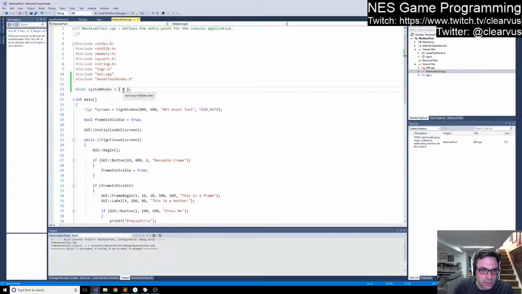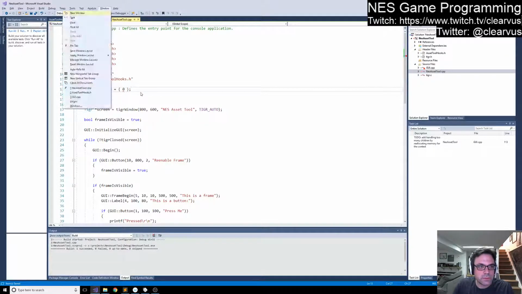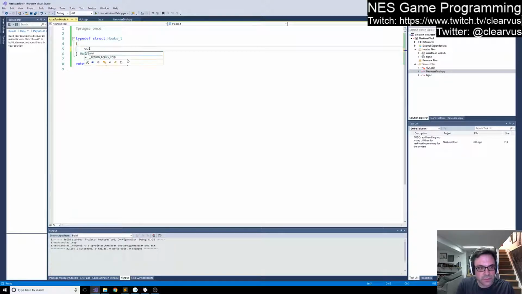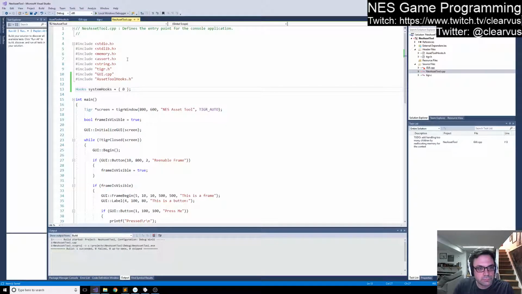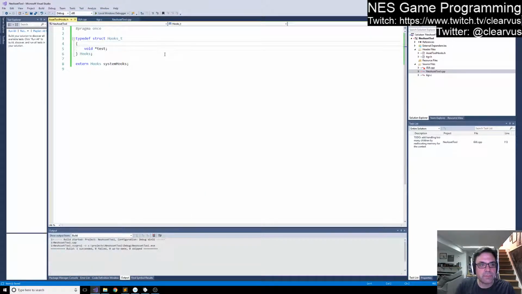Why don't you like my too many initializer values? Well, I guess, yeah, it doesn't have any structs in there. Okay, yeah, that's why it's complaining. All right, that's fine. So the first thing we want to do is we want to have a call that